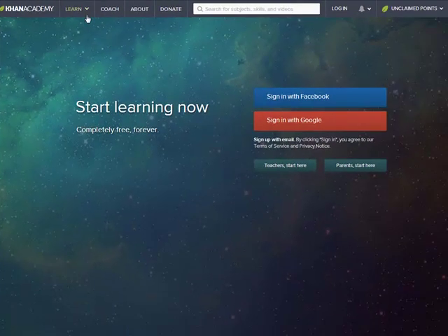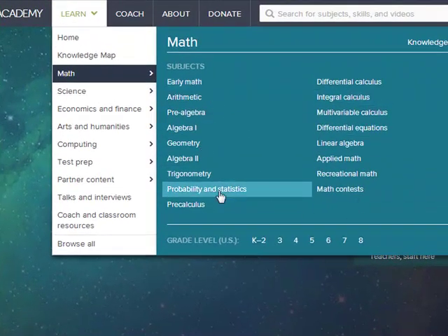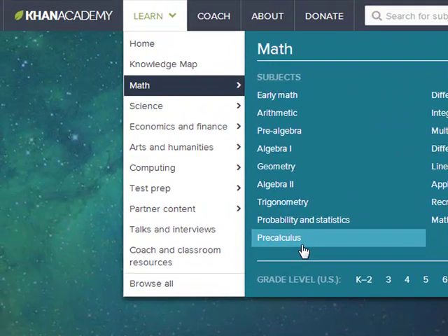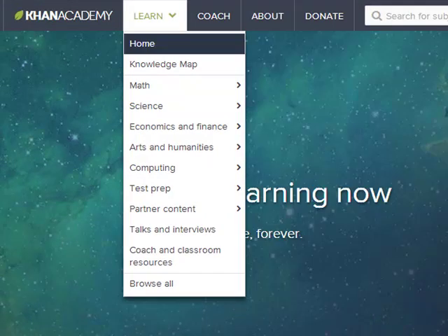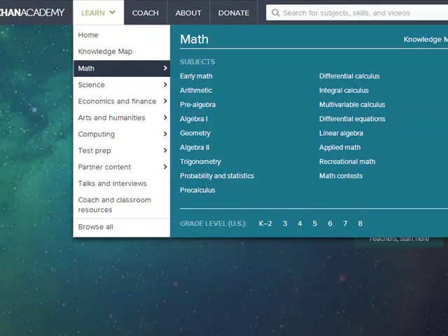If you come under Khan Academy and you just come under math, there's all these different areas. Regardless of your level, even if you're a 2-year-old, you can start on the early math and work your way up towards, obviously, the more advanced stuff. Now I've finished Algebra 2. I've done the basics of trigonometry. I finished off probability and statistics, and I'm just starting pre-calculus. So let me just show you what I think is important in these major sections.